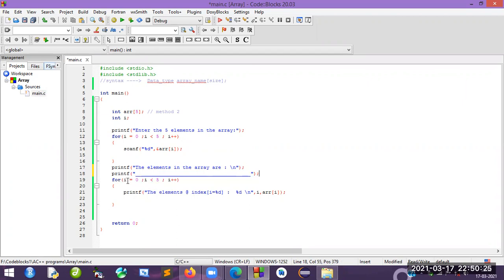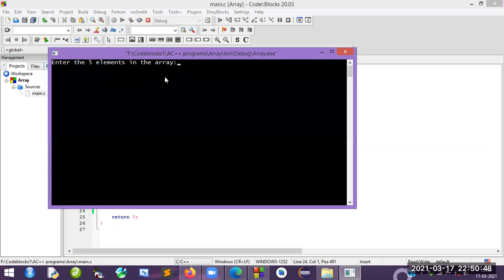so here the same iterations will be done. For I is equal to 0, I is less than 5. Finally, the elements are at the index. Each and every index will be printed, 0 to 4. I will be printed as well as the array value. Let's see that one. Enter the array elements. You are going to enter 5 elements right now. The first element I will enter is 10. Second 55, third 33, fourth 44, again 100. So these are my elements, 1, 2, 3, 4, 5 elements are there.